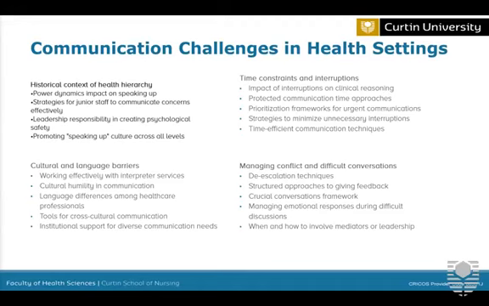Time constraints and interruptions, so that's why when escalation of care or transfer of care is required, we make sure we're using ISABAR as that framework helps reduce interruption and unnecessary time wasting, and be time efficient. Cultural and language barriers, so we need to work effectively with the interpreter service, knowing